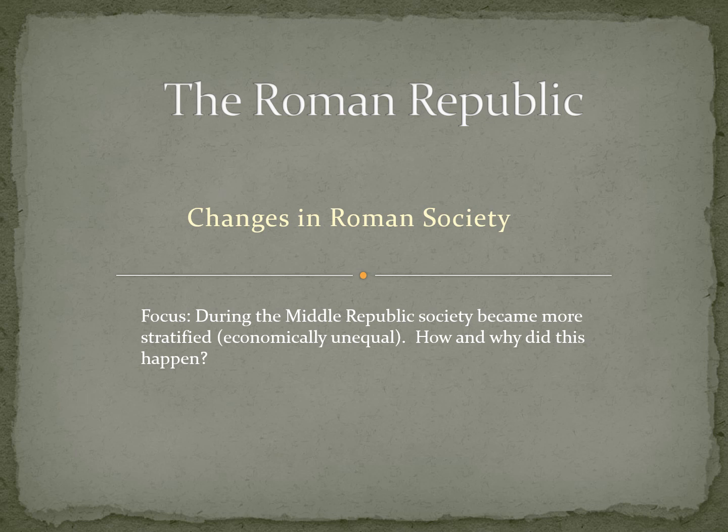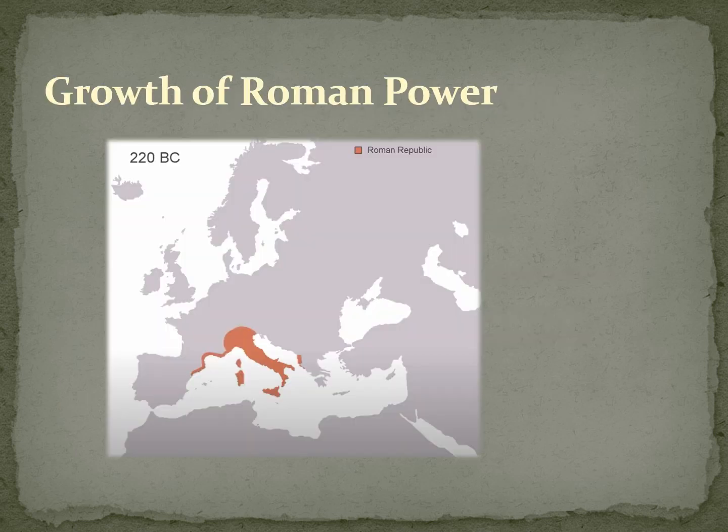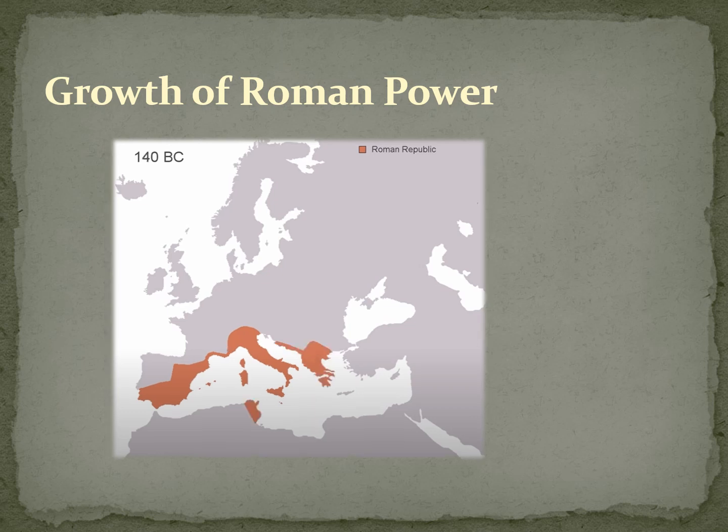Now, last time we had talked about the Punic Wars, and during the Punic Wars, we saw that Rome was in a fight for its life against Hannibal and the Carthaginians, and that they had ultimately come out on top. But really, that was just the beginning of Roman power in the 100s and 200s BC, because Rome continued to grow over these decades, before soon stretching across 3 different continents.